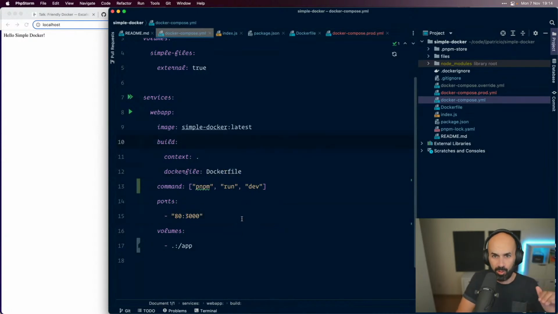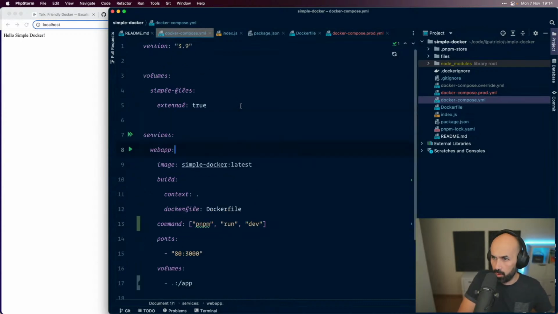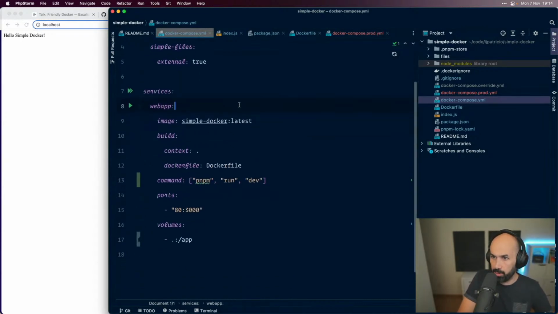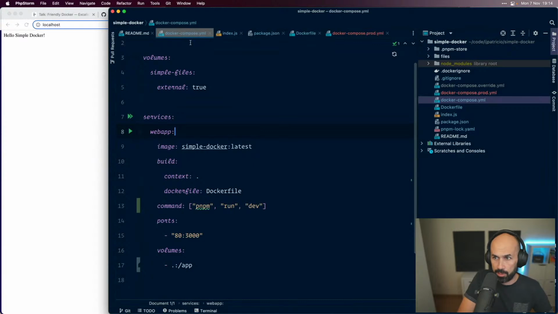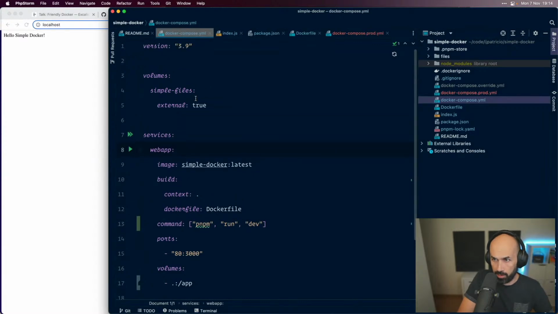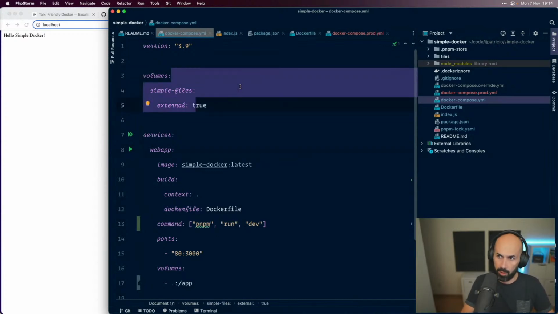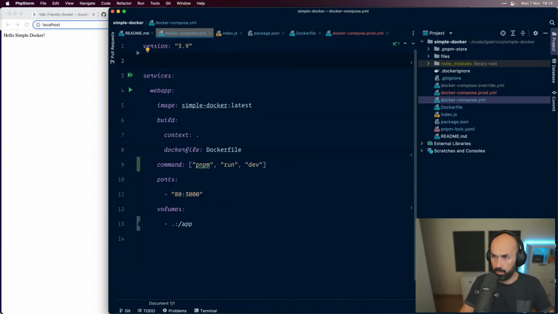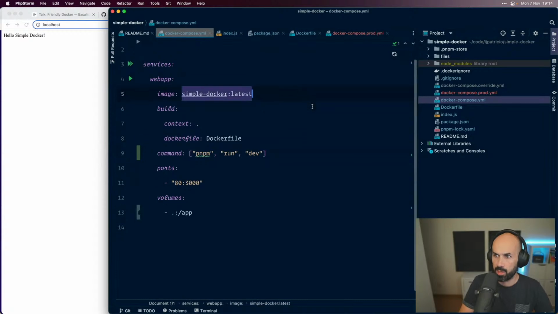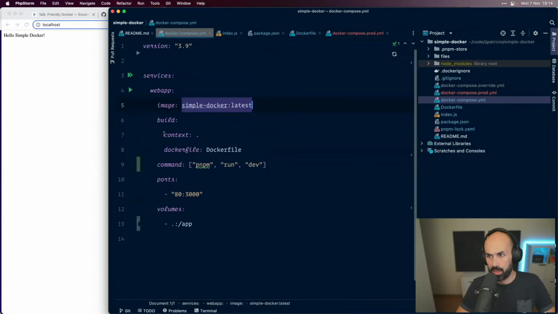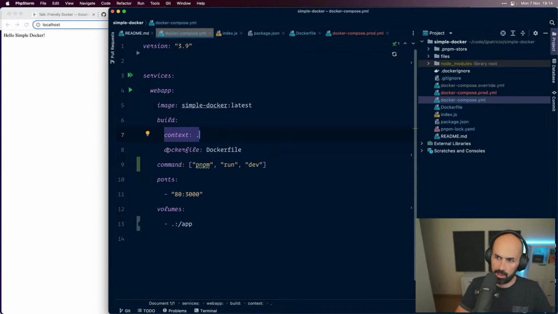Let's keep it simple, right? So quick recap. Docker Compose for development will not use any volume for now. It will use one service, its web application. The image that we'll use, it's this one, and it's going to get built from the current directory context with